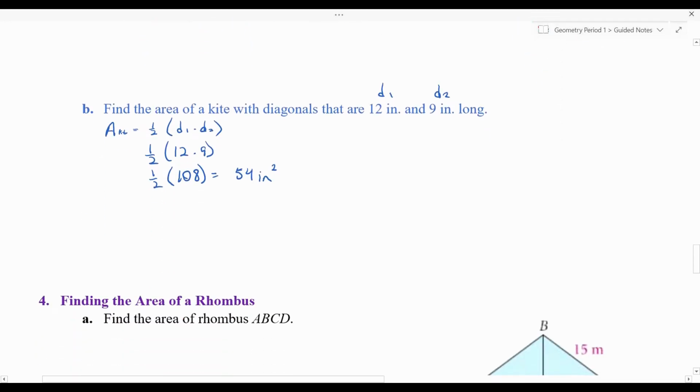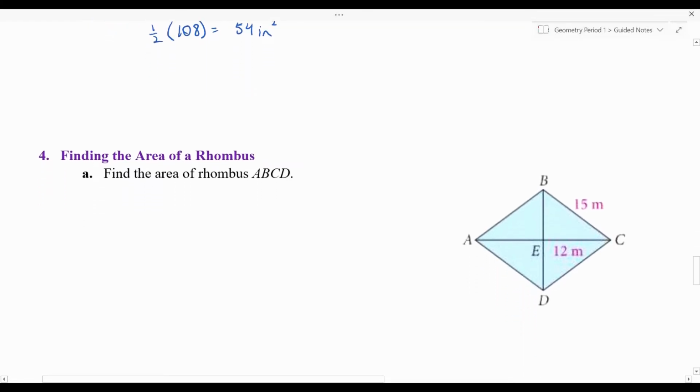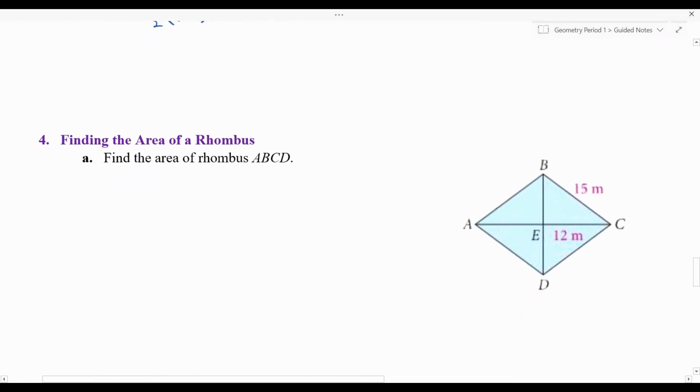to rhombuses. Example 4. Example 4 says find the area of rhombus ABCD. Right here on the right, ABCD, and well, we can actually use the area of a rhombus, and the area of a rhombus,